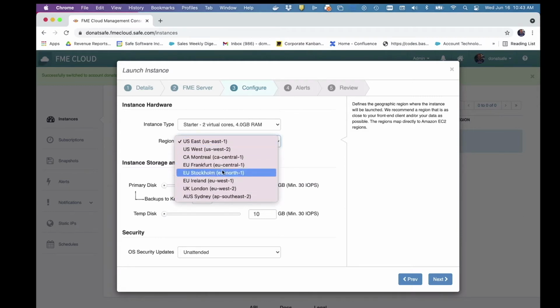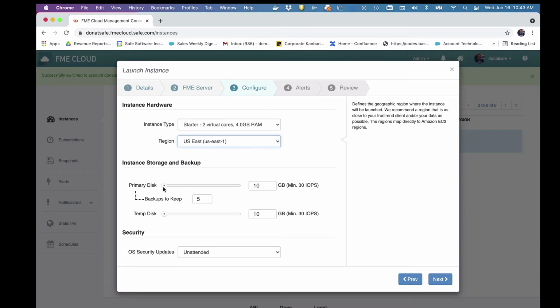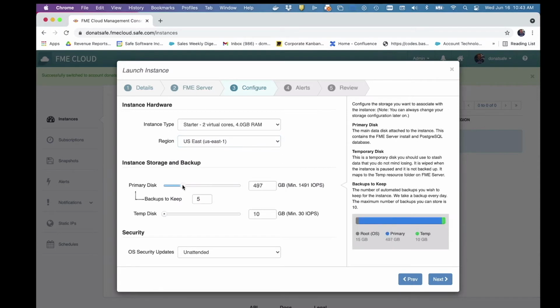And we add them based on demand. But you can see we have the US, Canada, 3 in Europe, 1 in the UK, and then 1 in the Southeast, so Sydney. And you simply pick the size of your disk. The thing to remember with that, we're running on Amazon, so the bigger your disk, the faster the performance. So you can either use a slider, or you can just type, say, the temp disk,